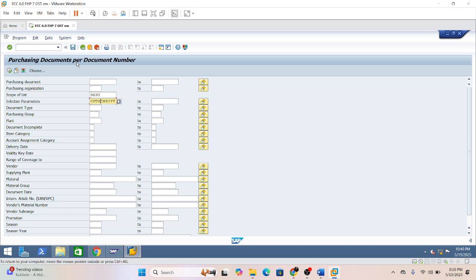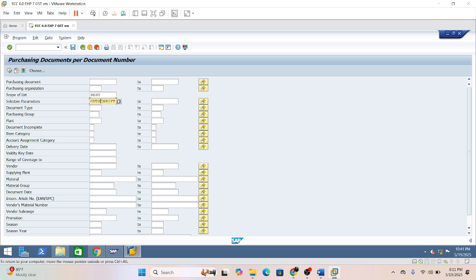So what we can do for this one, we need to do the enhancement. There is a gap: the payment term field is required and it is not available in this standard report. So this is called a gap, means the business requirement is not available in the standard given report. To fulfill this gap, functional consultants like SAP FICO consultant, SAP MM consultant, SAP SD consultant